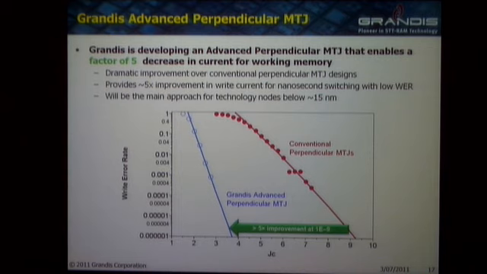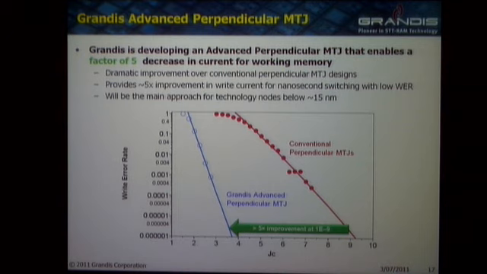And finally, I wanted to give a quick taste. We're going to be presenting more on this at an IEEE memory workshop in May in Monterey. But we have a new structure for perpendicular, which has got some very interesting characteristics. I think the previous speaker was mentioning that in order to get low write error rates, this is write error rate going down to about 10 to the minus 6 here. The problem with this probabilistic type switching that you have in these MTJs is that in order to get to very low write error rates, you need to drive higher and higher currents through the MTJ